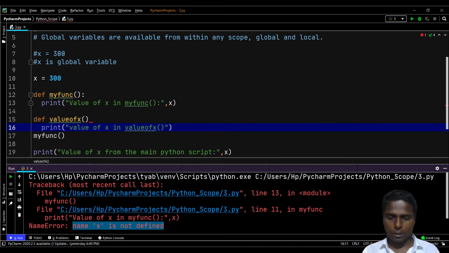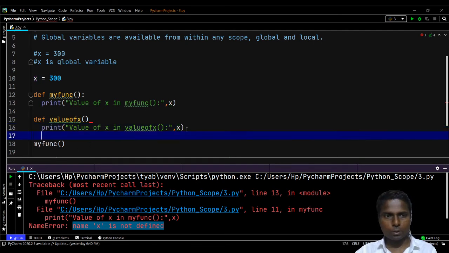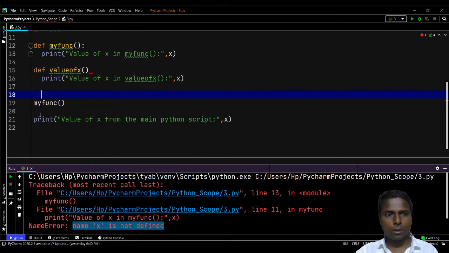Here I will write capital V, value of x in the valueofx function. So here we'll write x, and this function needs to be called. We can call it anywhere. Here I will call it; my function name is valueofx. So this function we will call.